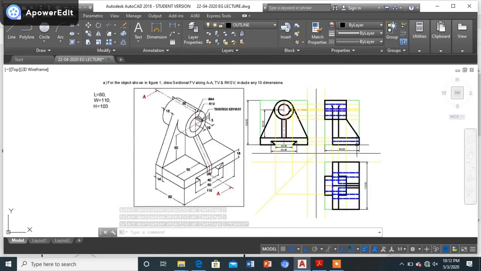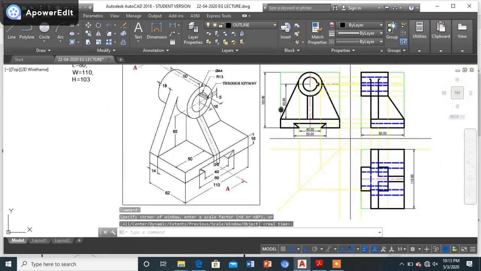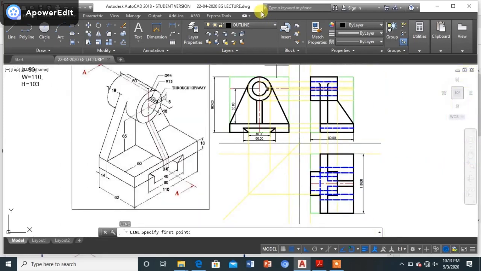Now only the sectional part which was left out in the front view, as well as one more thing which we have missed out in the top view. Can you just guess what it is? So dear friends, it is nothing but that key slot, that particular key slot which is there, which we have drawn and shown in the right hand side view as well as the front view. It is only left out in the top view. So how do I get that particular slot? It will be seen as a hidden edge over here. So now to get that, what do I do? Only from here I will be getting a projection like this.